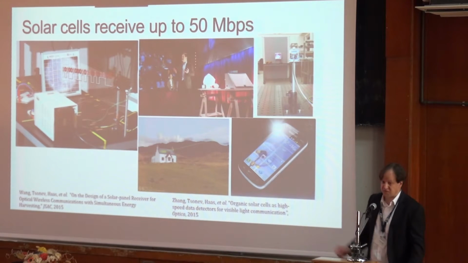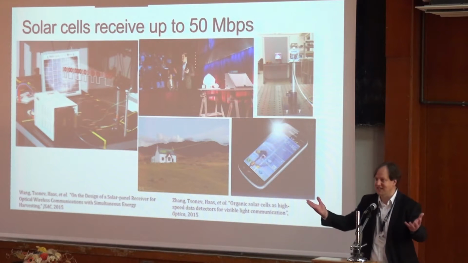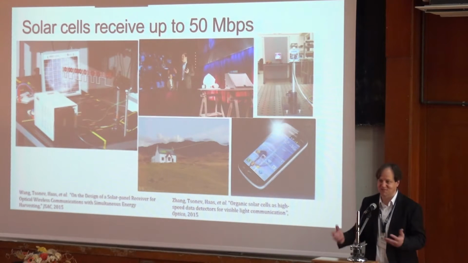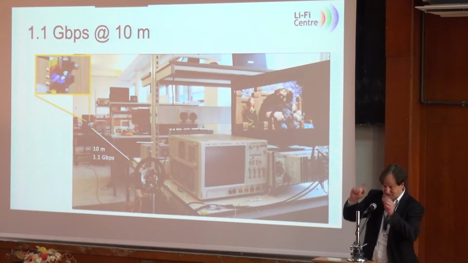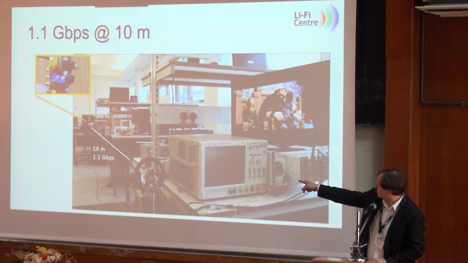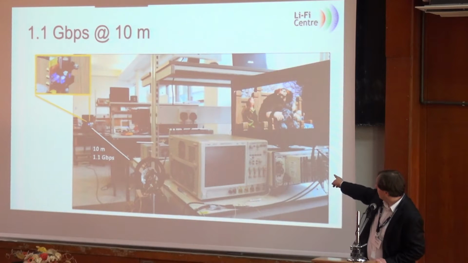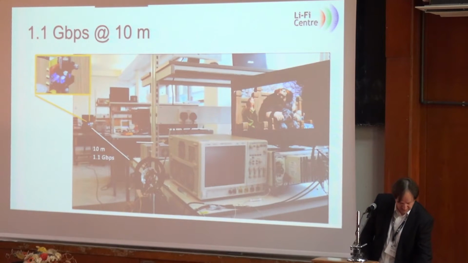And also for the mobile phones, they could have embedded solar cells that harvest energy from the ambient light, which is not interference, it's useful energy we can harvest, and then the solar panel acts as a receiver for light. So here's an example where we've shown that with a single micro LED, we've transmitted 1.1 gigabit over 10 meter with that system. I have a little video here.